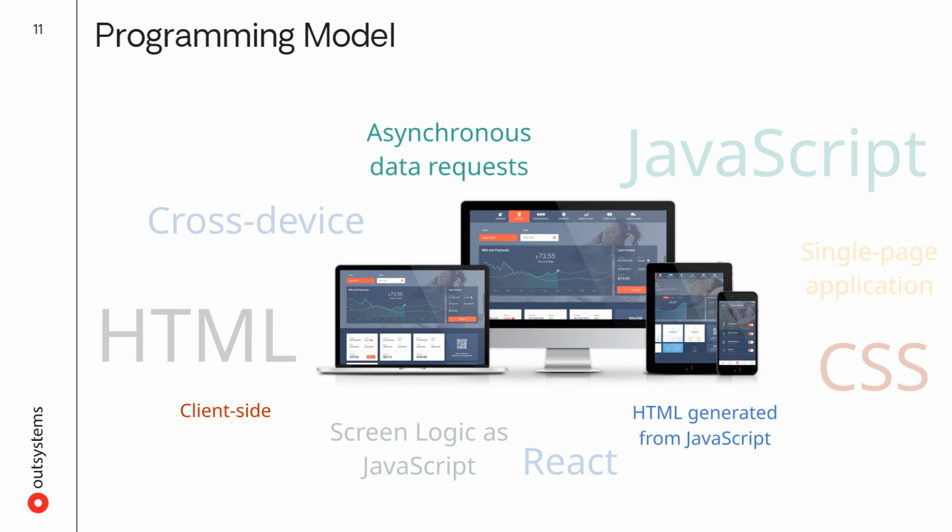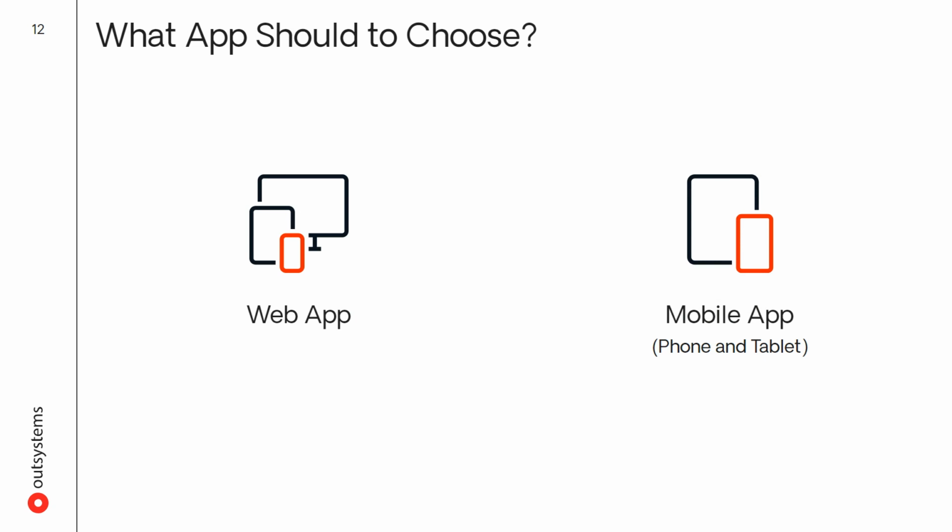This single-page application uses React.js and can run on several different types of devices. At runtime, JavaScript will generate the HTML elements and will also execute the client-side logic, while data is fetched asynchronously when needed. We've seen that to leverage modern technologies and create awesome, rich user interface and experience, ODC provides both web apps and mobile apps. But the question remains, which one should I pick? Let's compare both, in order to make a well-informed decision.